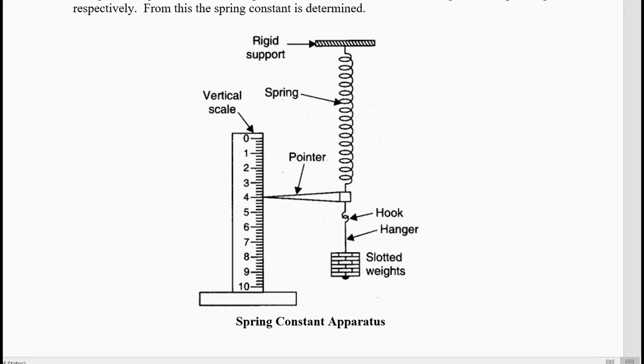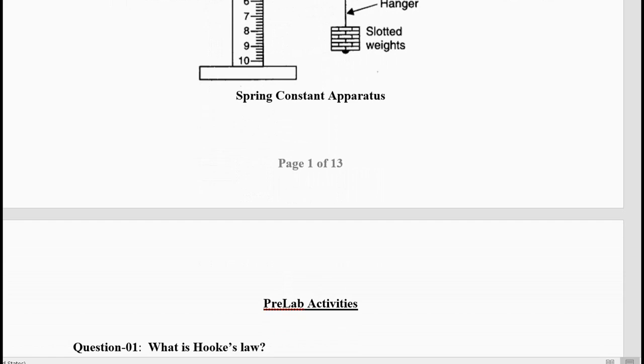There is only one measurement, which is the amount of stretching, the displacement when the mass is hanging. One is unlikely to make any mistake in reading the masses and adding the masses, but one can make errors while noting down the displacement on this vertical scale. So the most crucial measurement in this experiment is the displacement x. We'll do the measurement in millimeters or centimeters, and all calculations have to be in meters. The slotted masses are normally in grams, and we have to convert them to kilograms to proceed with the calculations.